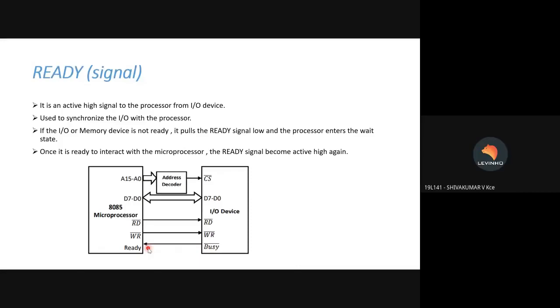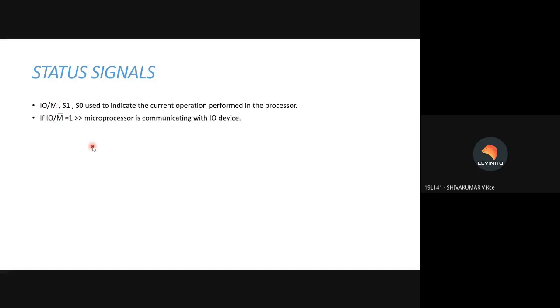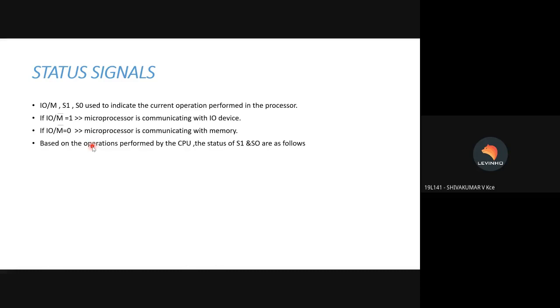Okay, fine. Now we are going to see the status signals. There are three status signals, namely IO/M bar. Sorry, I forgot to place the bar here. If IO/M bar is high, the microprocessor is going to communicate with the input output device, or else it is going to communicate with the memory. By knowing the operation performed by the CPU,